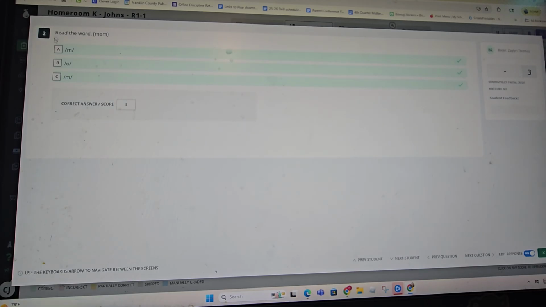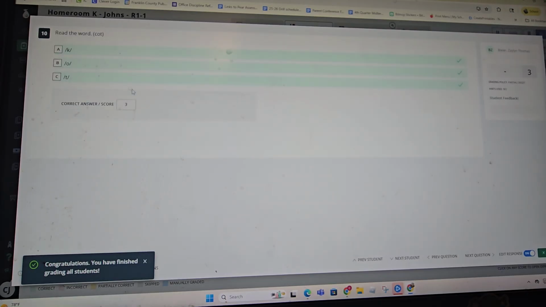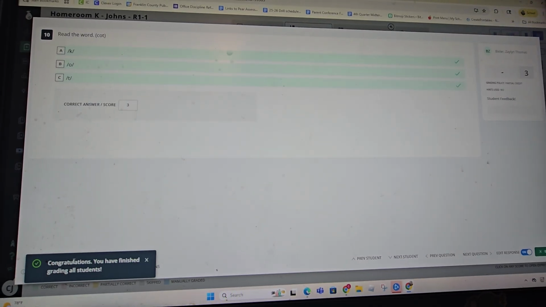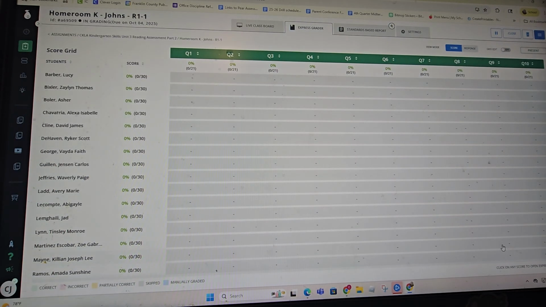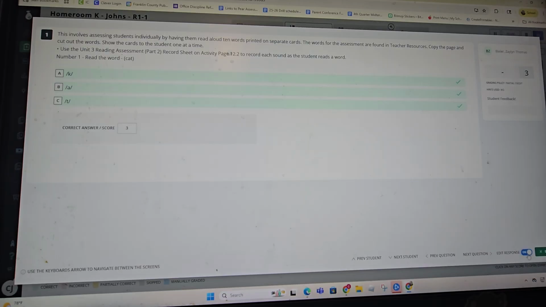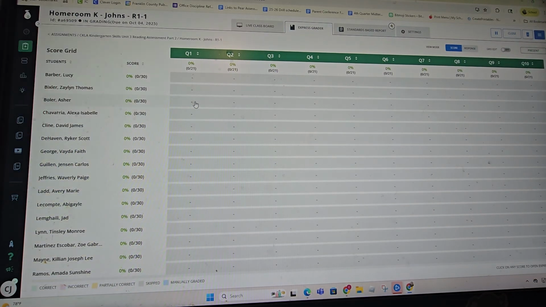It's going to stay on the same question that you were just on. So if you go through all of these questions and then you get to that final question, it'll tell you congratulations, and you can move on to that next student. But that next student is going to have you start on that same question. So what I like to do is I hit exit, and then I physically go into the next student and hit that edit response. And then I do that student, hit exit again,